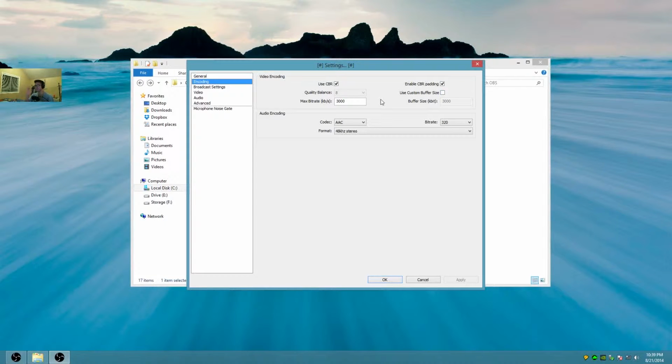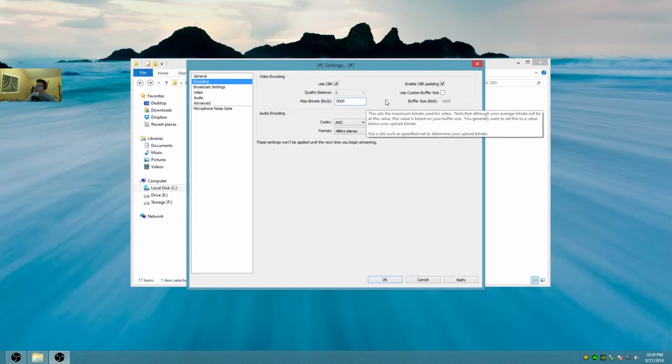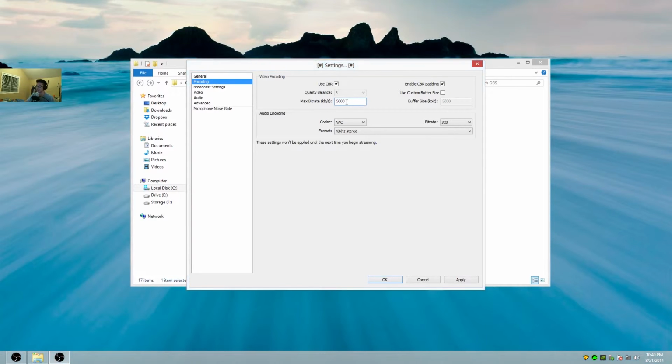All right, say for example you got 5 megabits upload. And so this is the bit rate. For max bit rate, you don't want to say, oh okay, I got 5 megabits upload, so let's put 5,000 kilobits. That's a terrible decision to make. Why? Because 5,000 is all you have. To put 5,000 only for uploading,